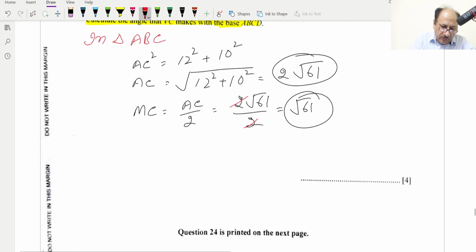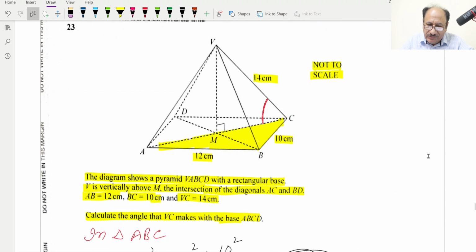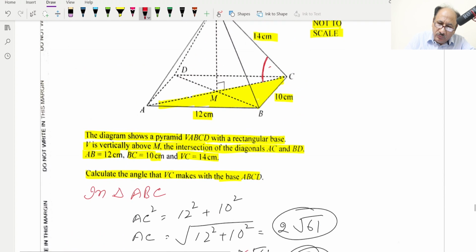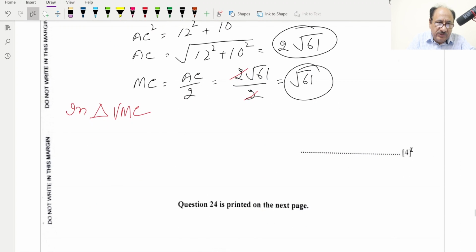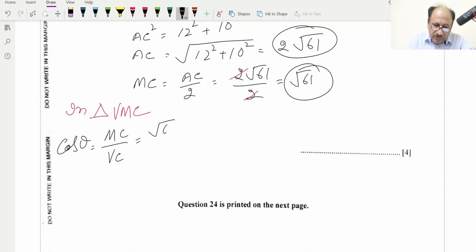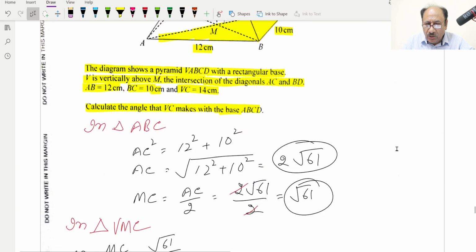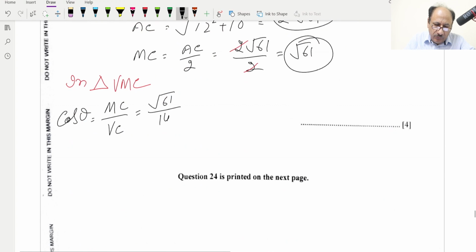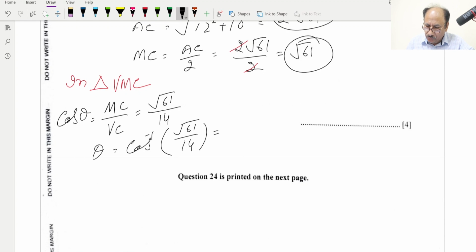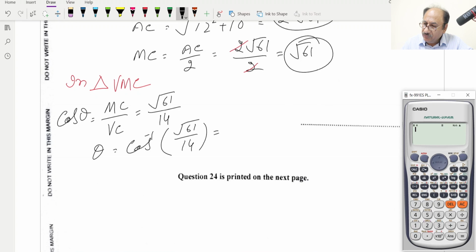In triangle VMC, MC over VC, we can take this angle as theta. So MC over VC is equal to cos theta, and MC we just calculated, square root of 61, and VC is provided, VC is equal to 14 centimeters. So theta will be equal to cos inverse of square root of 61 over 14, and this is